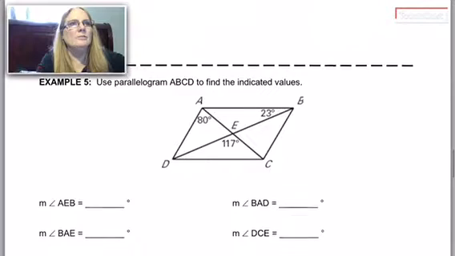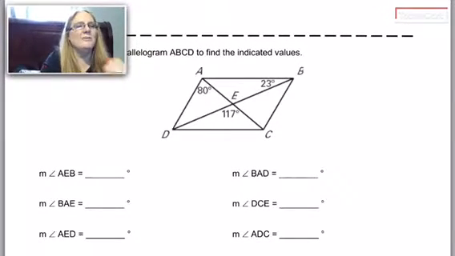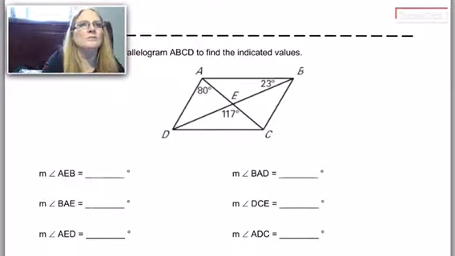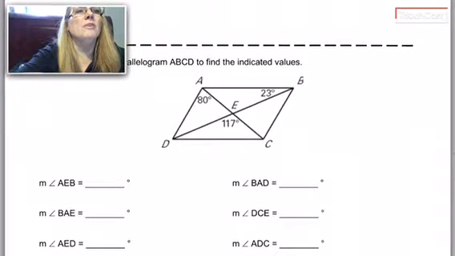Use parallelogram to find the indicated values. Okay, I wish I could write a little smaller here. I'm going to try my best to make this not too confusing. But anyway, the first thing I would do is try and write all of the measurements that I can in my picture first, and then go back and answer the questions. I see vertical angles first thing. So 117, and right above that,